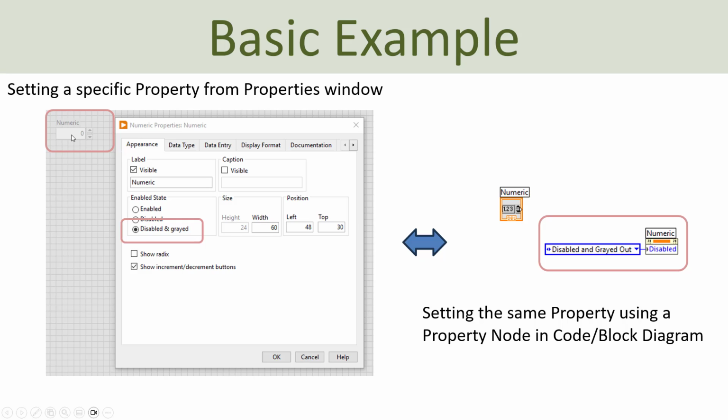Here we have an ordinary numeric control, and I have right-clicked on it and selected properties, and then I have just selected disabled and gray and clicked OK, and then you see it becomes disabled and gray. But I could do the same in code or from my block diagram, and then I just right-click on this numeric control object on the block diagram, select create a property node,